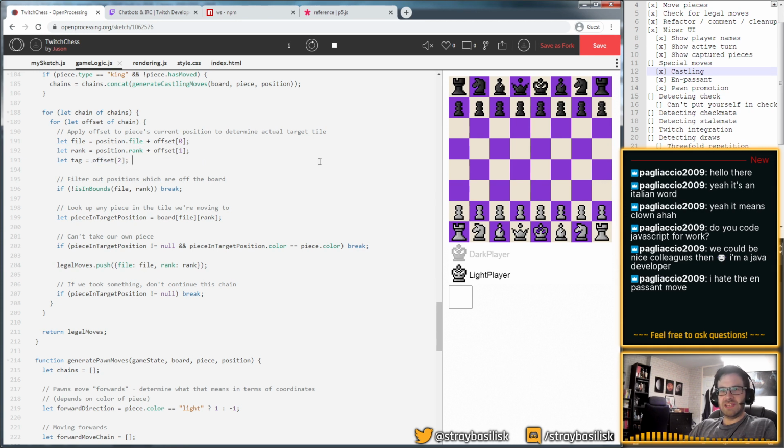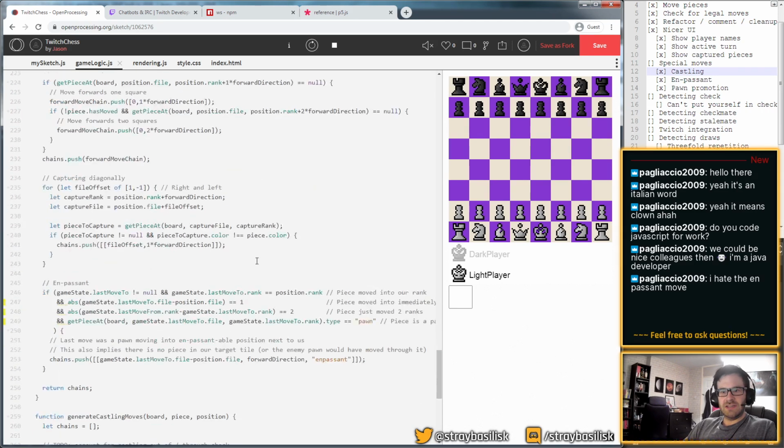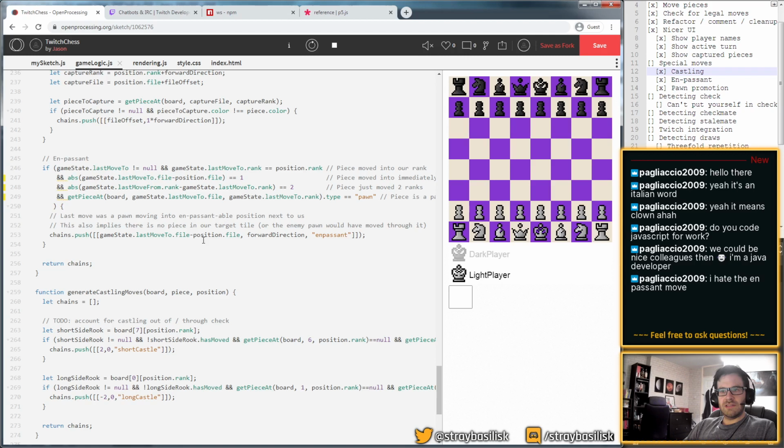Because most of the time it won't be there. Ampersand. So file rank tag is tag. Okay. I know I can also do this in the shorthand in JavaScript where you just specify the names if the keys and values are the same, but there are too many crazy syntactic sugar things with object stuff in JavaScript for my liking, so I just don't use them. Okay. So that's en passant.